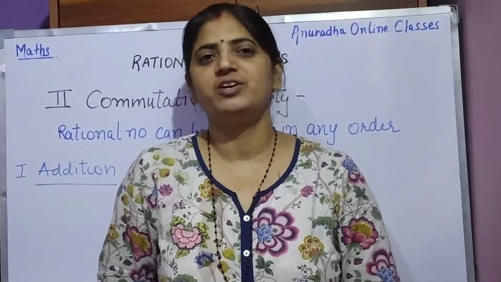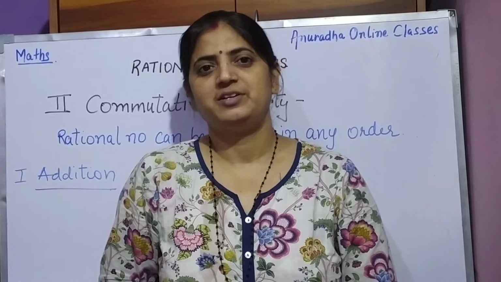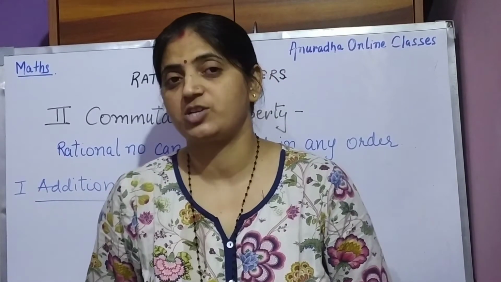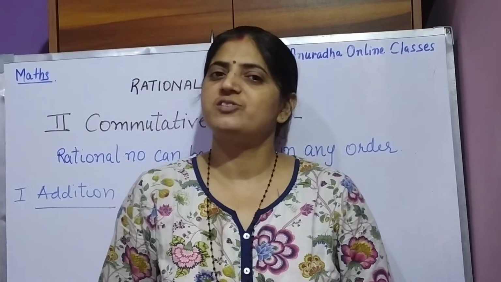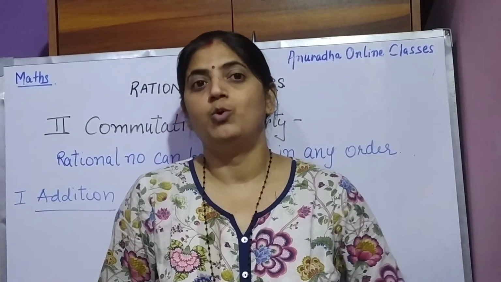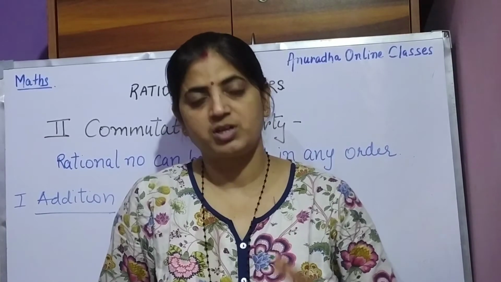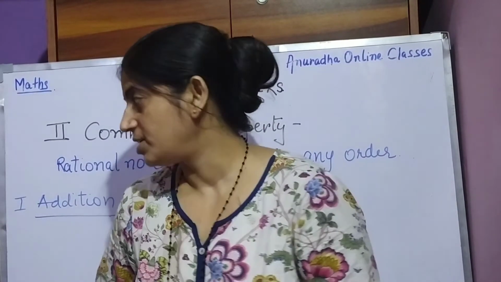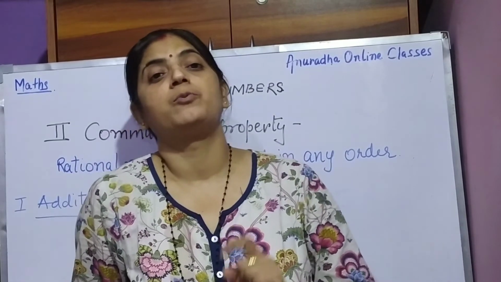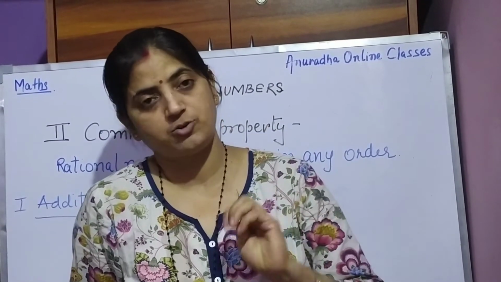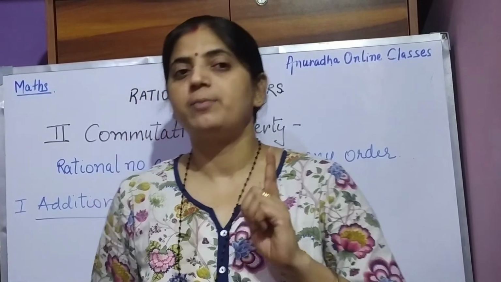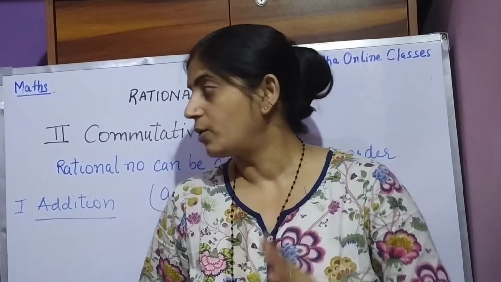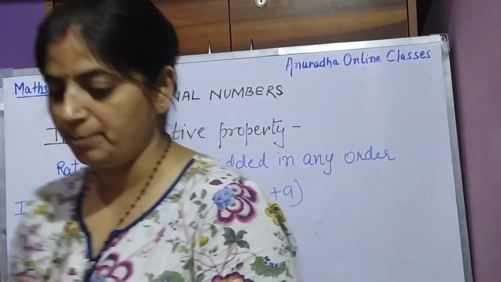Today I am with you with class 8, the very first chapter of class 8 mathematics, that is rational number. In my previous video I told you what a rational number is and what the conditions of a rational number are. Right, and we also discussed the properties. What are the four properties I told you earlier? One property we have done earlier, that was closure property. Now come to the second property of rational number, that is what?